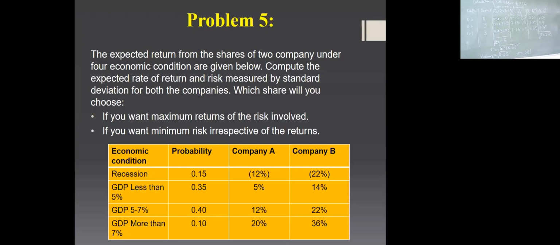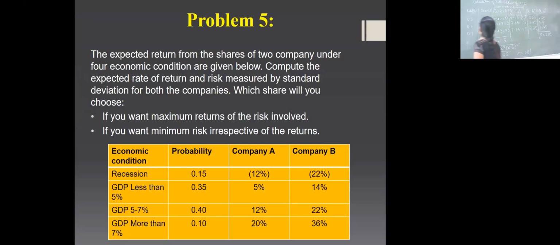Okay, so this economic condition is just given for us to analyze, but that has no impact on your calculations. Now look into the second column. They have given us the probability, and make sure that the total probability is 1. For company A and company B, they have given us the returns in percentage under 4 different economic conditions. So the calculation when probability is given remains the same. We are going to do it firstly for company A.